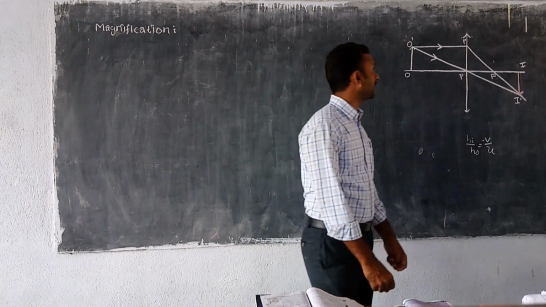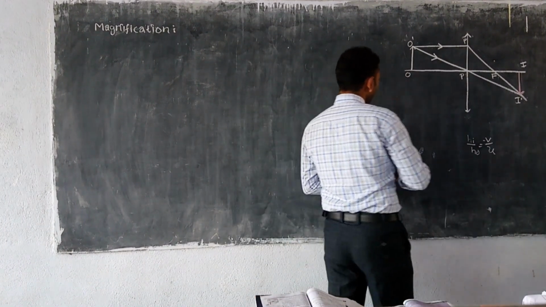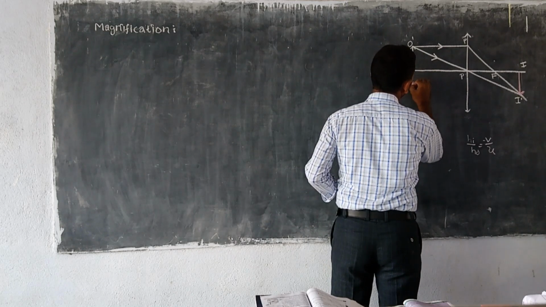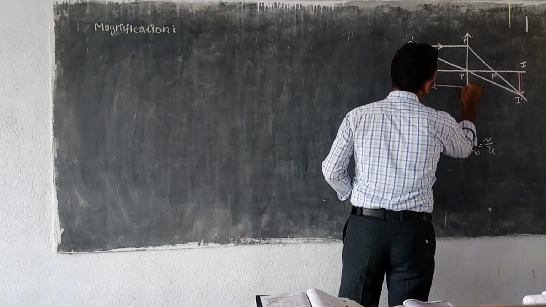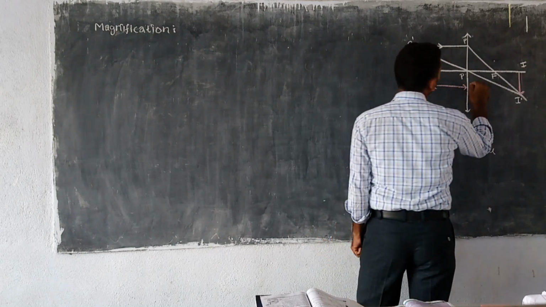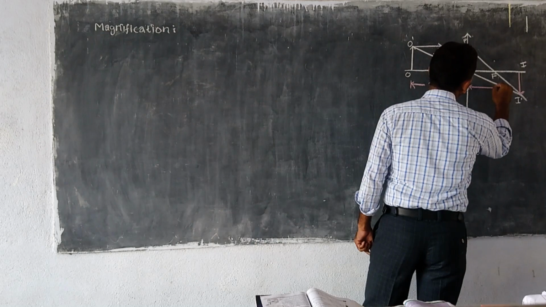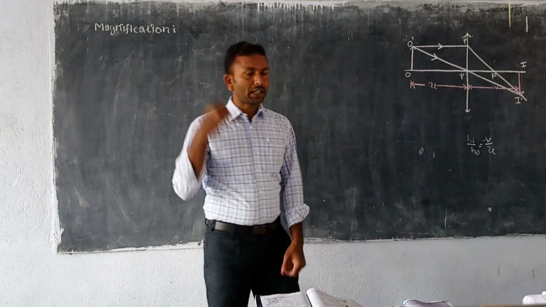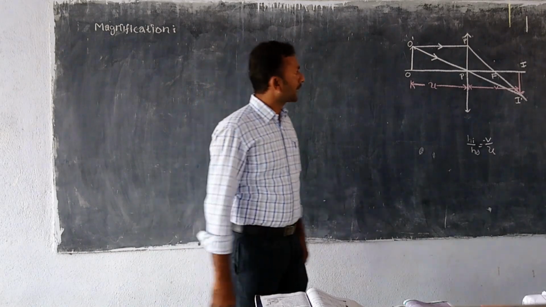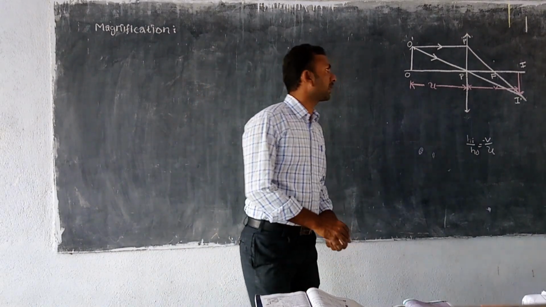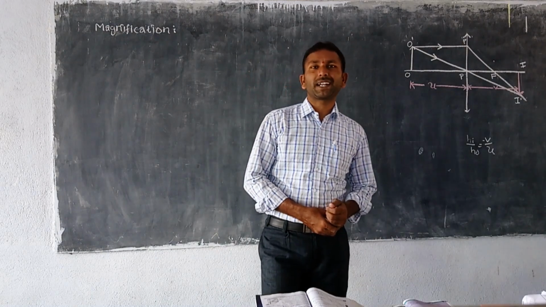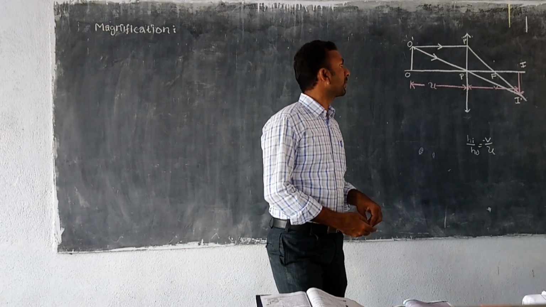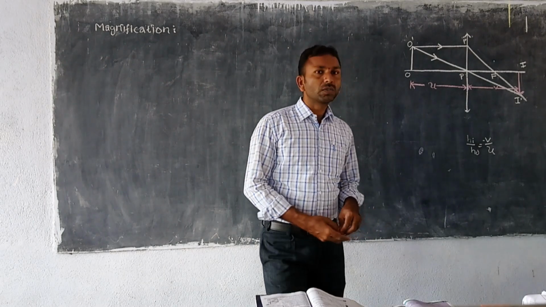We can observe here that this is the object, and this is the object distance, which is indicated by u, and this one is the image distance, which is indicated by small v. These are the values we have to indicate in the picture, and we can observe what we have discussed in the lens formula and also in the mirror formula, and we can identify two similar triangles here.